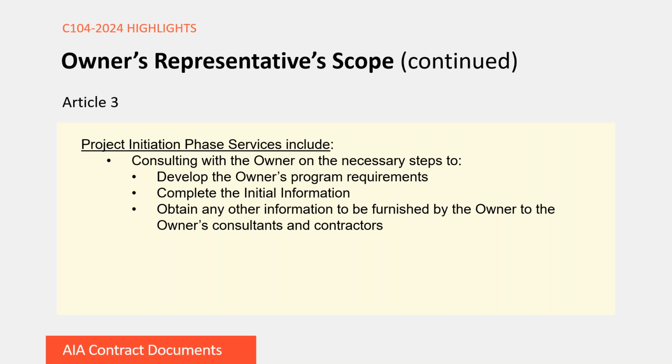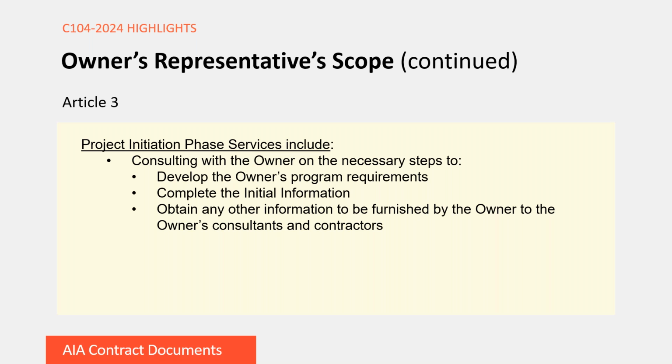Here's where we're going to talk about the owner's program or initial information. And I think it's helpful as a reminder to say that the owner's program includes a description of the owner's purpose and goals for a project. And this really provides a clear focus for the mutual understanding of the parties that will provide work or services on a project. And initial information includes things such as the project's physical characteristics, owner's budget, intended procurement or delivery methods, schedule, any sustainable objectives, and any other consultants or contractors that are retained by the owner or the owner's representative.